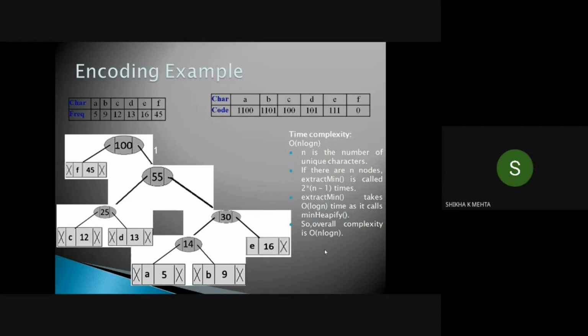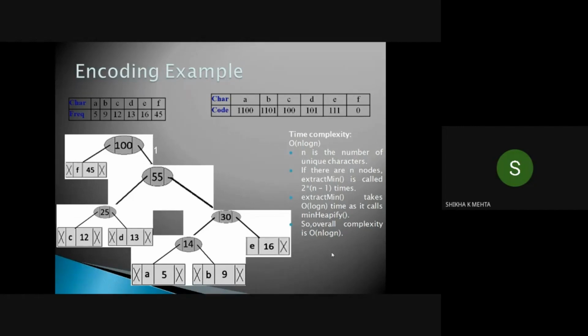These are the minimum frequencies, so we create the min heap from here. We combine these nodes to create a parent node. The 5 becomes the left child and the 9 becomes the right child, and in the parent node we take the sum of the frequencies of both, so it becomes 14.